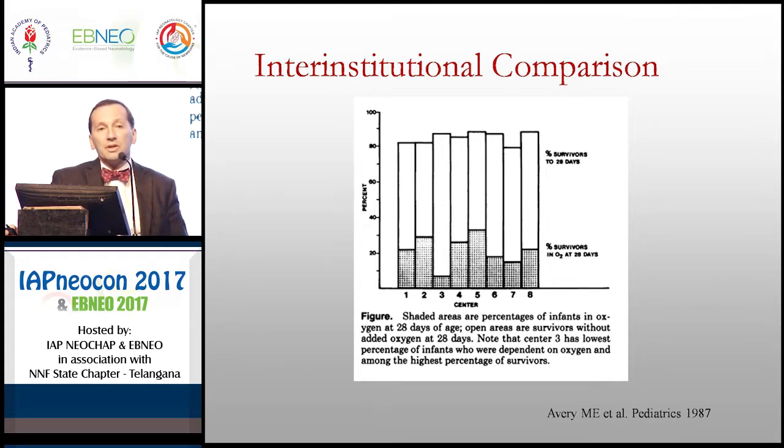And in plotting this variation, this variability between institutions, it became apparent that one of the institutions had an extremely low rate of BPD as defined by 28-day oxygen requirement. And that, of course, was Columbia Hospital in the US, where they were using CPAP very aggressively, or what was at the time very aggressively. And so it gave a clue as to what we could learn, first of all, from a leader in the field, and also what other institutions that had much higher rates of BPD could learn.